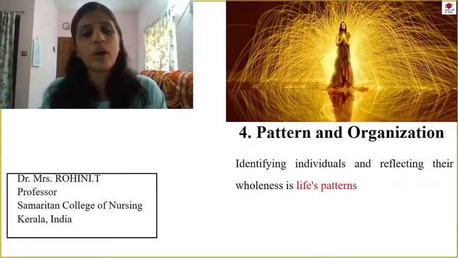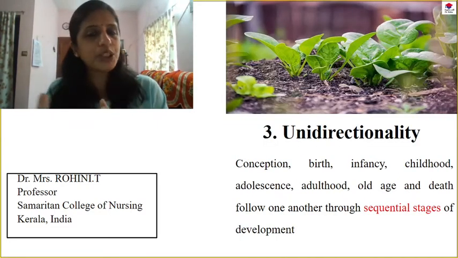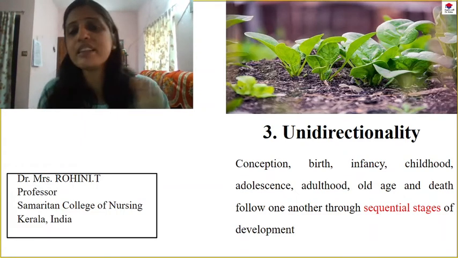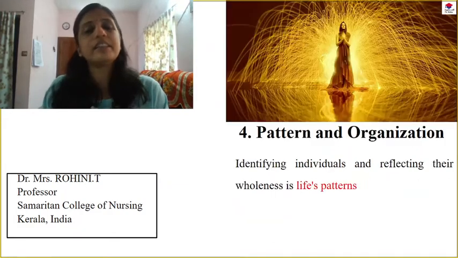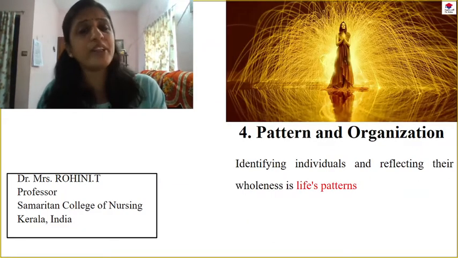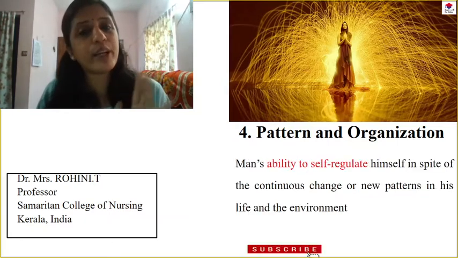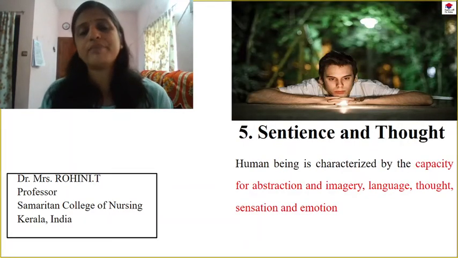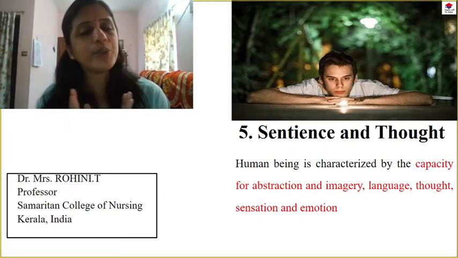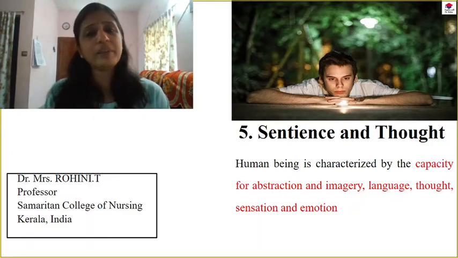Then the third thing, unidirectionality, which means the evolution of this unitary human being is irreversible. It goes only in one direction. She reminds us that this unitary human being has a pattern and the ability to self-regulate himself. And last, very important, this person has the ability to think, the ability to have emotions, language, imagery,